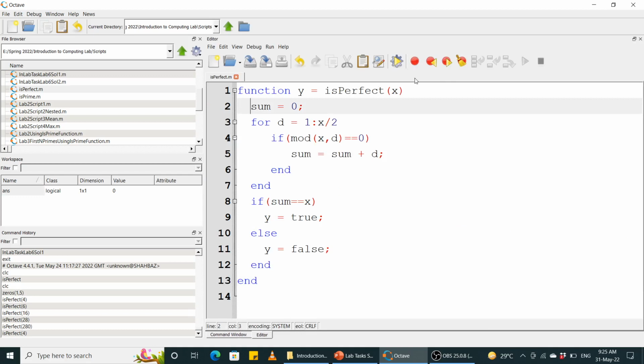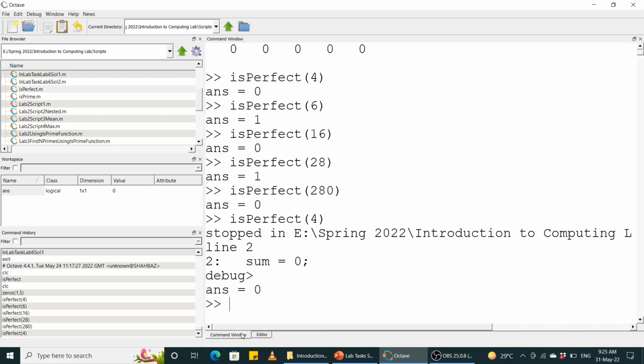Now let me clear this breakpoint, ठीक है, एक के लिए ही समझना काफी है। So if you अगर आपको इसकी समझ नहीं आती, you can always execute it in a step by step manner. The other thing that I want to demonstrate to you is, now we have created a function, we want to use this function, ठीक है।